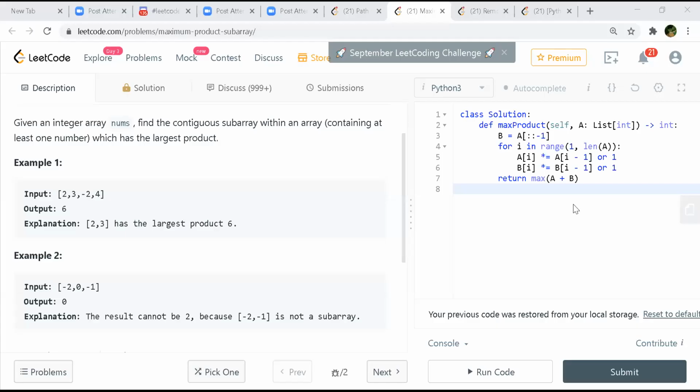This one I was looking at, but I couldn't get much of why the OR operation is being done here. First I'm reversing the array, and now for every index going from 1 to length of A, I'm creating the suffix of A[i] and the prefix of B[i], right? I didn't get why it is so. This is the suffix that I'm creating, but I couldn't get why they are doing the OR operation. I checked the solution, but